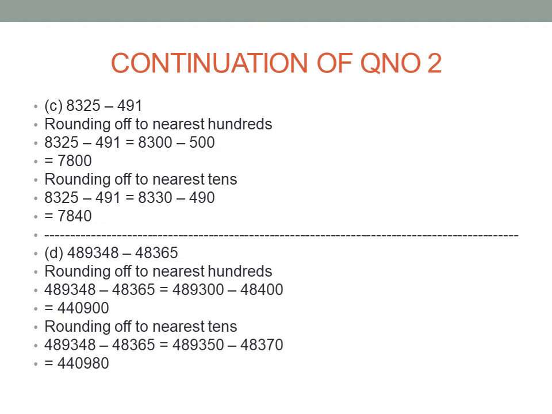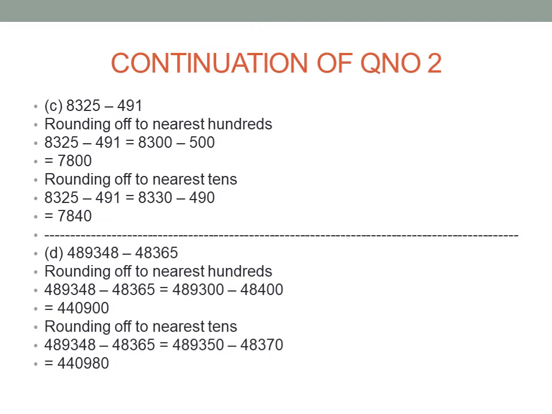Rounding off to the nearest 100. So here the hundreds digit is 3. 348 will be rounded off to 300 and 365 will be rounded off to 400. These two only will change. The remaining question remains the same. So after rounding off to the nearest 100, what do we obtain now? 4,89,300 minus